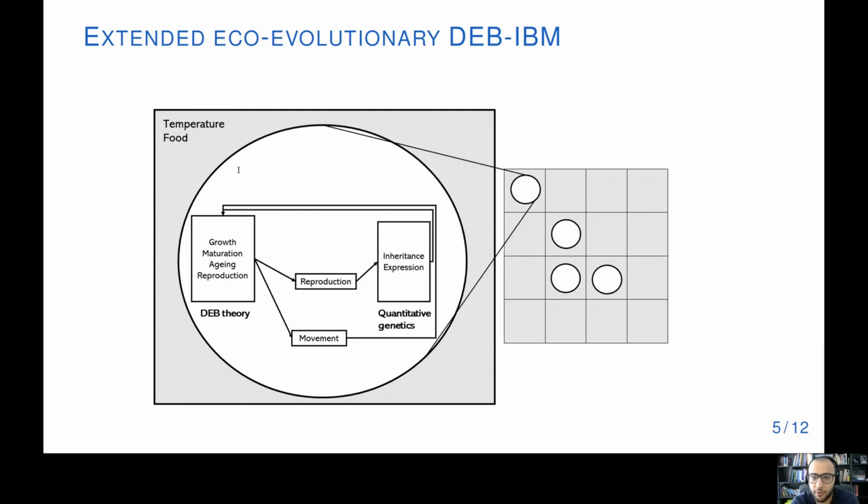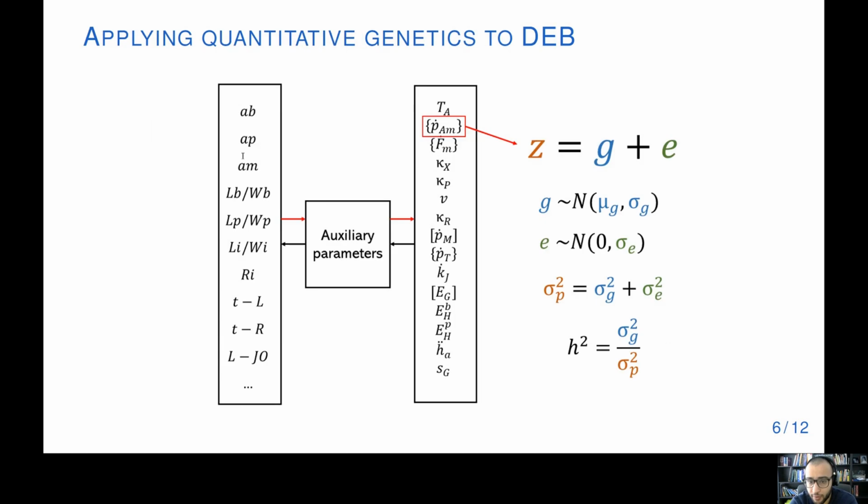The major difference here, however, is the addition of an inheritance submodel that takes care of passing on genes from the parent to the offspring generation and expresses also the genes into phenotypes. The question, though, still remains then: what exactly are genes and genotypes in the context of a DEB-IBM? For this, we have considered genotypes, genes, and phenotypes to be modeled based on the concepts from the field of quantitative genetics.